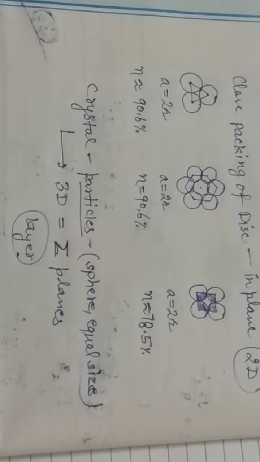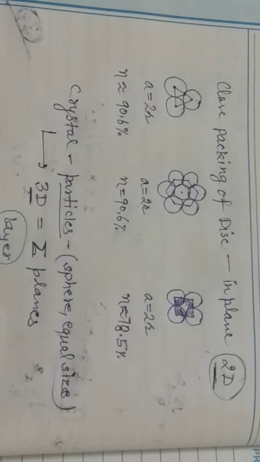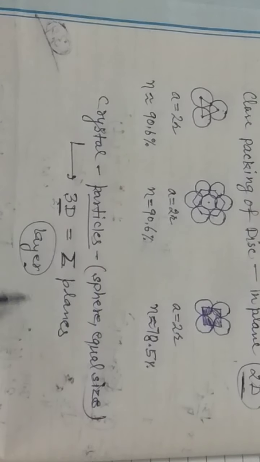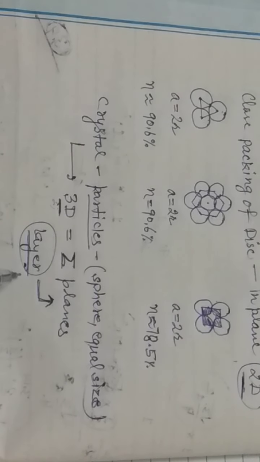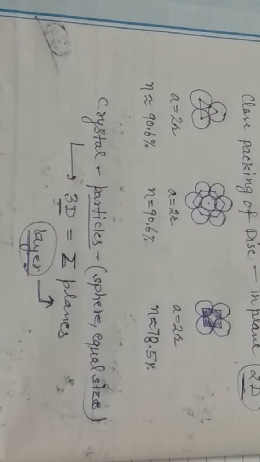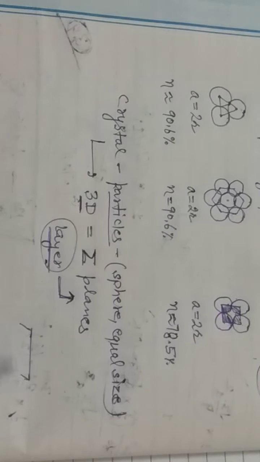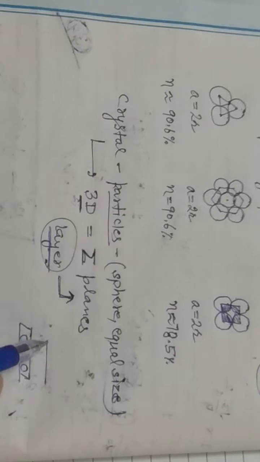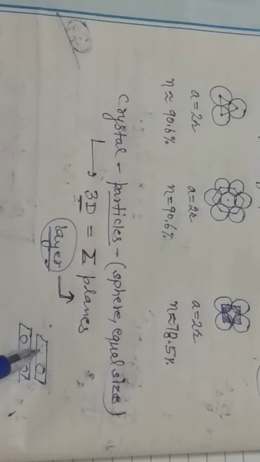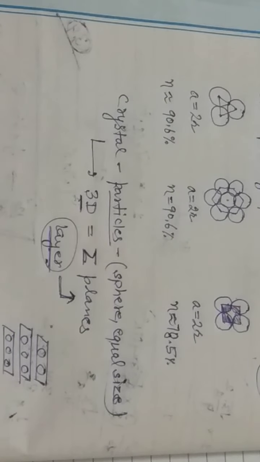So I can say that these are in different layers. Now we are to extend this two-dimensional arrangement of the particles to a three-dimensional arrangement. Okay class, so here we have one layer in one plane and above it another layer is there, and below this layer another layer will be there. Suppose this is one layer and particles are present in this layer, and above this another layer is there where particles are again there.